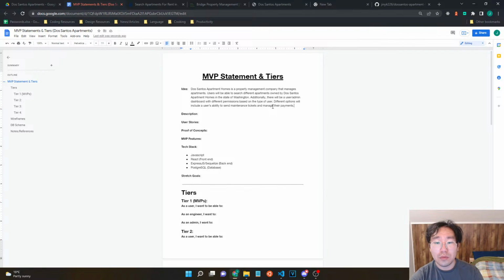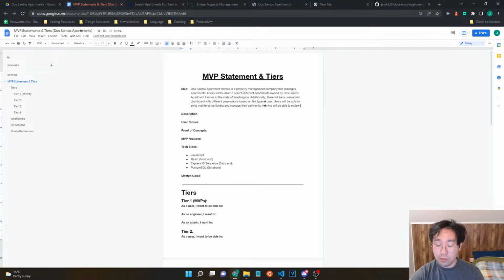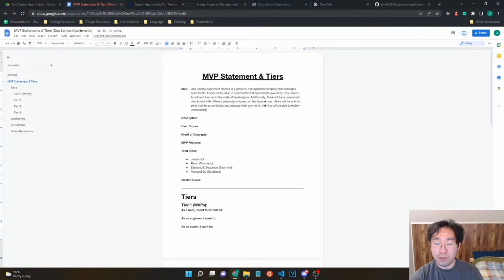Cool. So to make this a little bit more clear, users will be able to send maintenance tickets. Admins will be able to review booking, review unoccupied apartment numbers per property, and